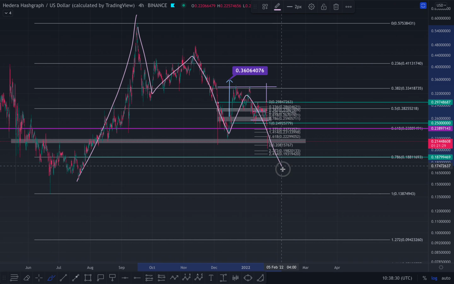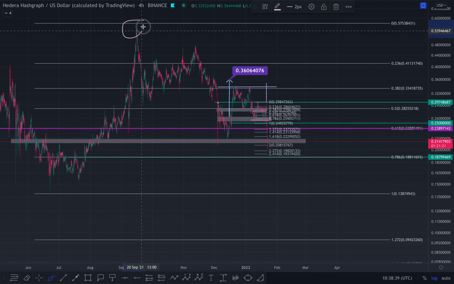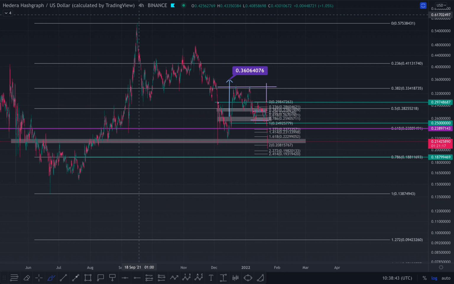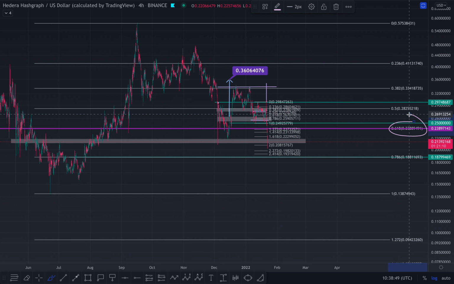Boom, boom, boom, boom. Accumulation. We're correcting down, we're reaccumulating. Basically, we went up a bit too parabolic. The whales were like, this is way too high for Hbar. We need to push it back down as low as possible so all our mates can accumulate. And then obviously it should come down to the 0.618, but you can actually go to the 0.786 before continuing, as long as you get back above this purple line, the 0.618, and confirm it as support for that continuation, basically.